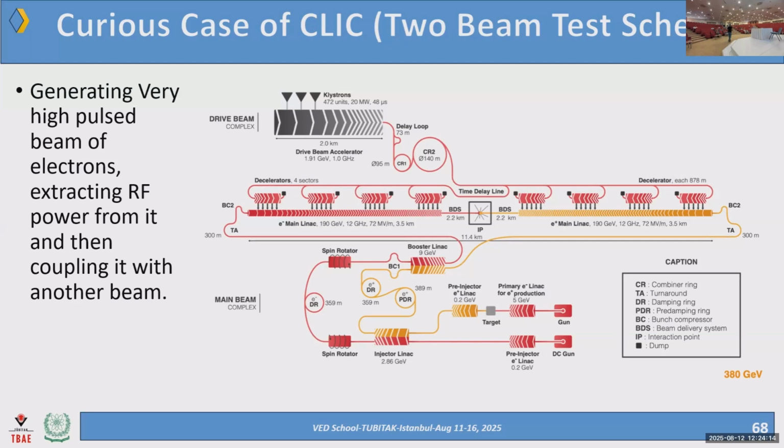You cannot, of course, accelerate electrons to very large energies in circular accelerators, so you have to have linear accelerators. What they do to power the electron beam, this is the electron beam in yellow, the arrows show the increment of the energy. They feed this accelerator, they call it the probe beam, with another accelerator. This accelerator is called the drive beam. It is very high energy, sorry, very high current